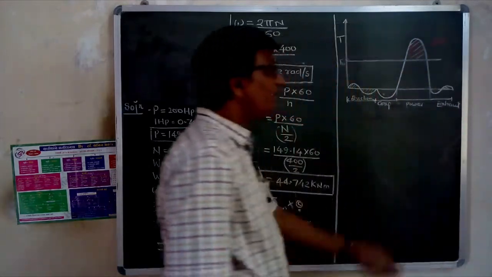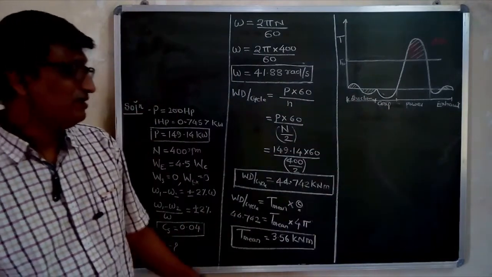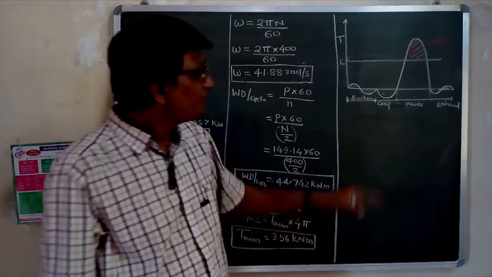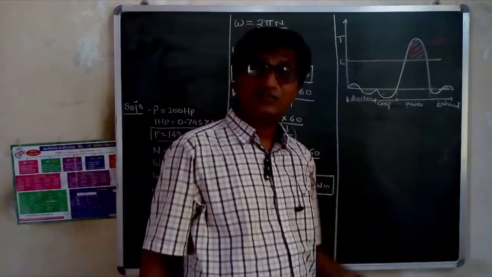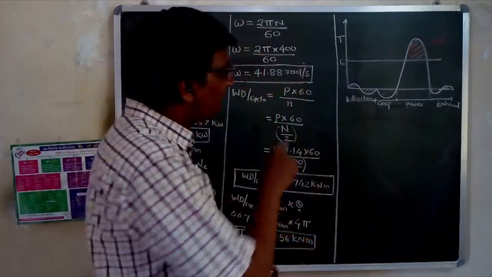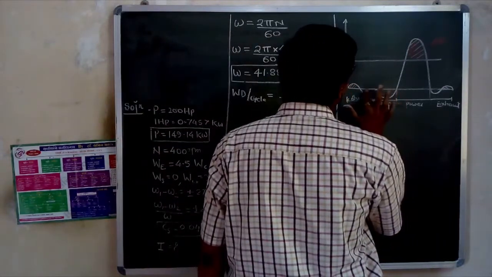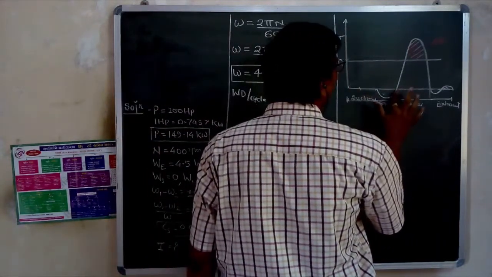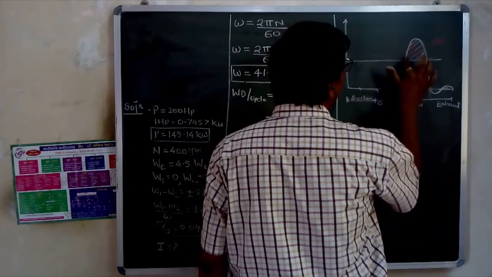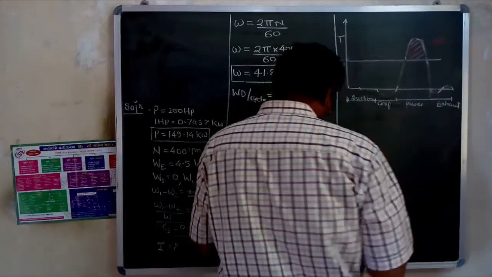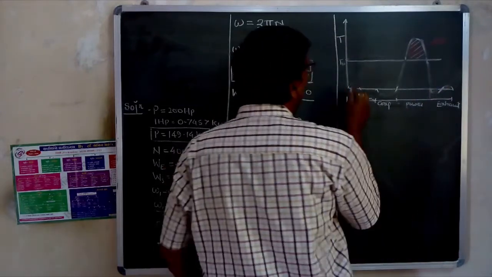If I am able to calculate the area above this one, I can find out the moment of inertia easily. But if you see, this is the curvature. For simplicity, I will convert this into some triangular form. I will take this as a triangle, I will not take this curvature. So for simplicity, I will consider it as a triangle. Let us draw this diagram as a triangular one.